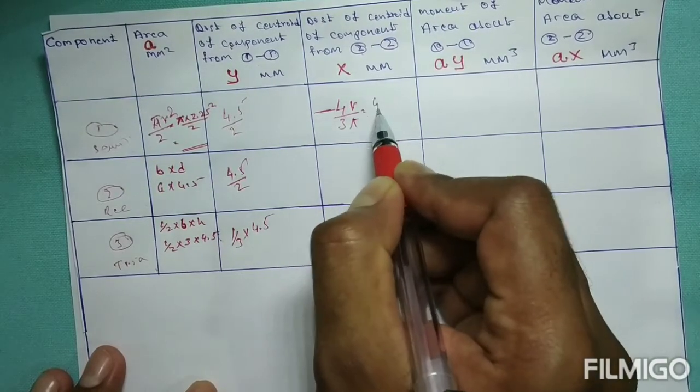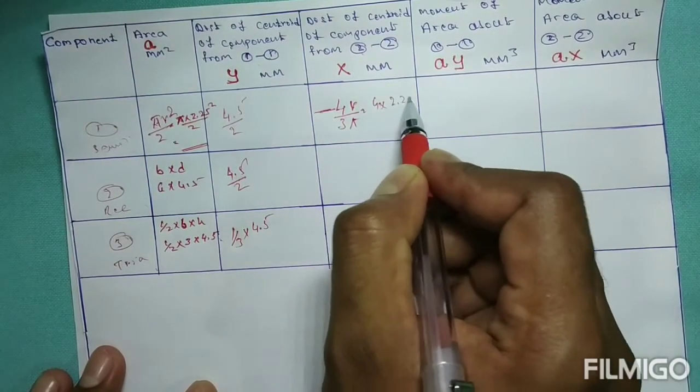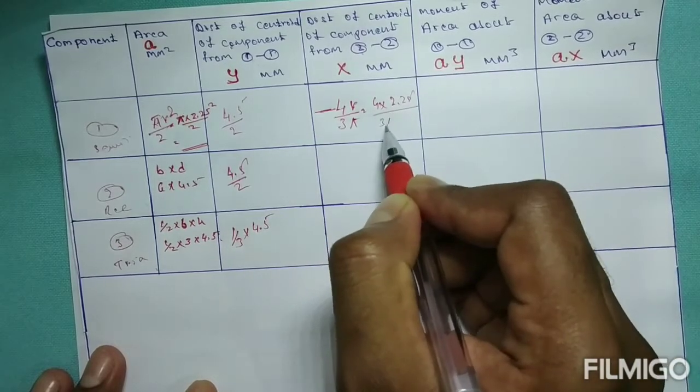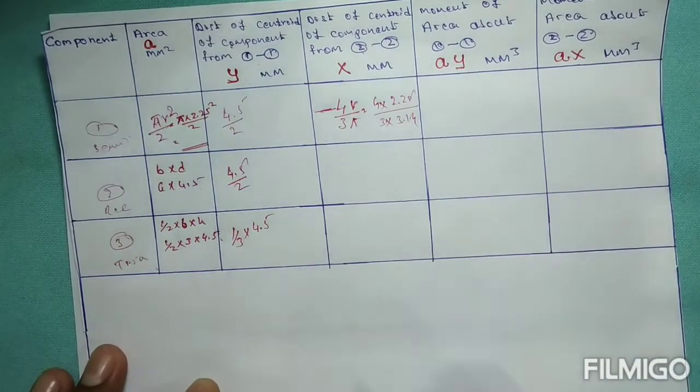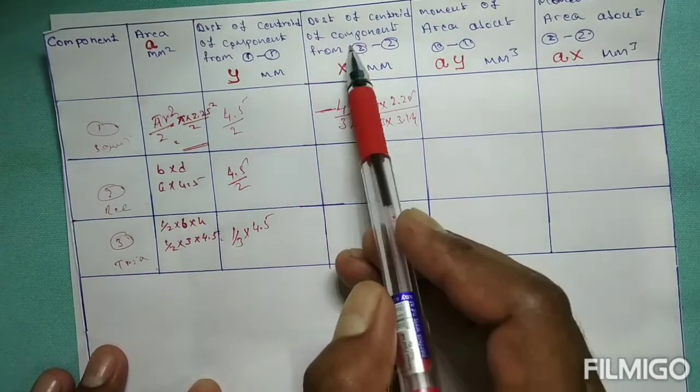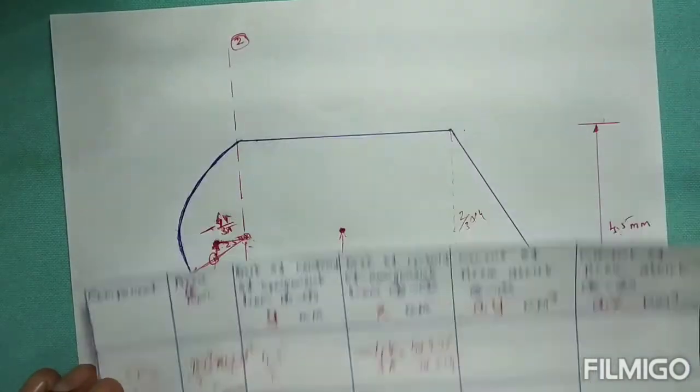So 4 into r is 2.25 by 3 into 3.14. So that will be negative. So next, for the second component,